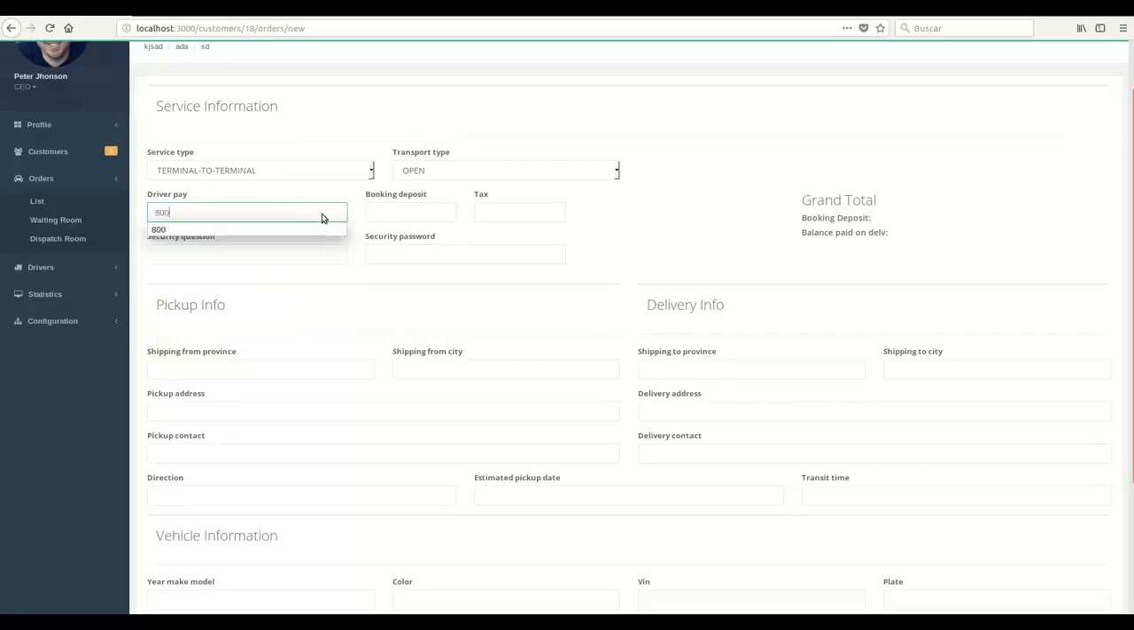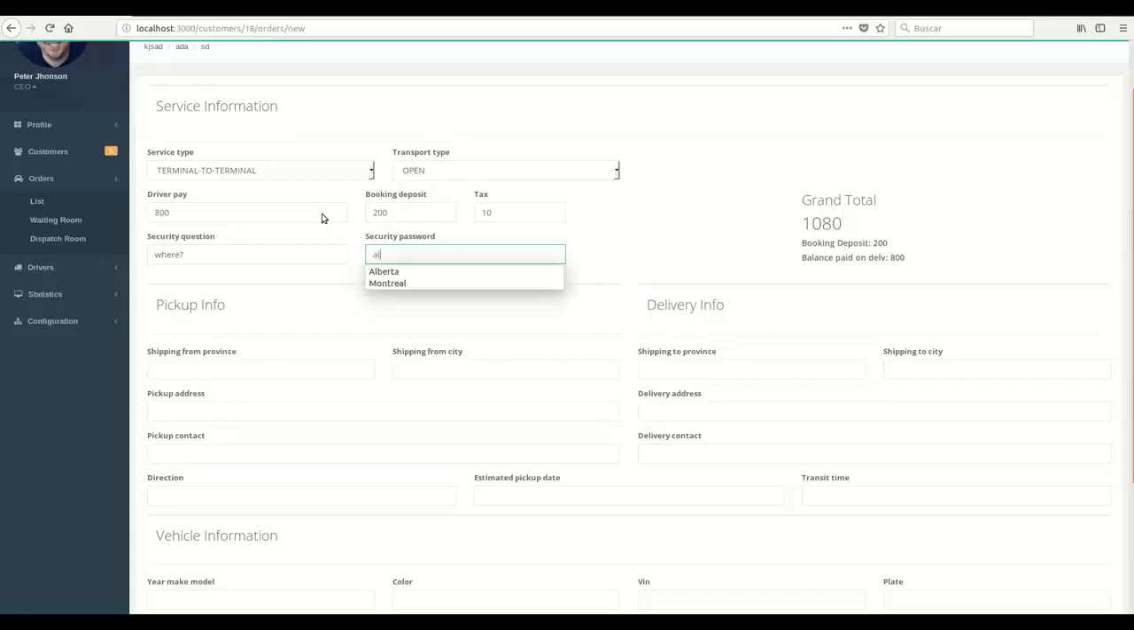I'm going to say I'm going to pay the driver $800, $200 for me, and 10% tax. I'm going to type the security question and the security password, which is gonna say, let's say, Alberta. I'm going to try to fill this really quick,